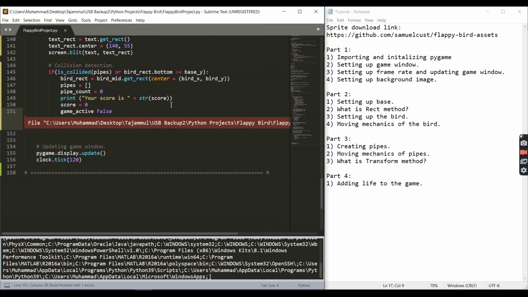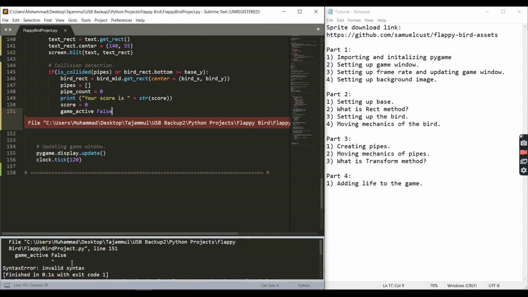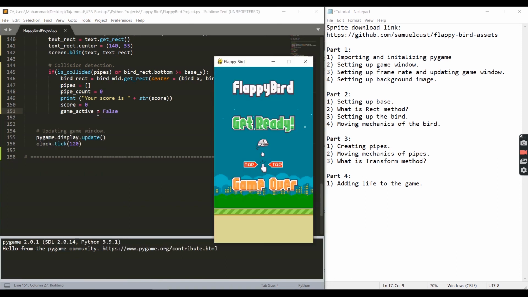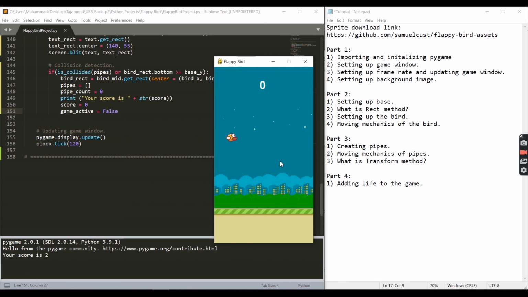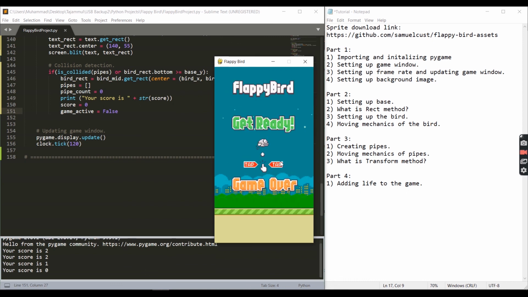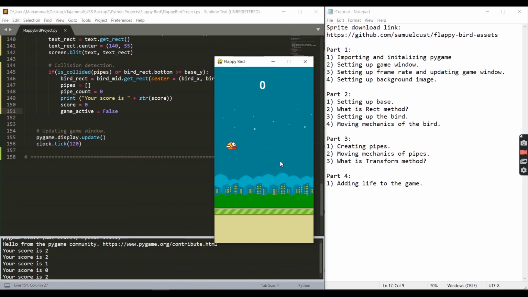So now when I hit something, I just go back to the home screen, and then when I start, it starts again, and then I start, it starts again. So I think this is the complete picture of the